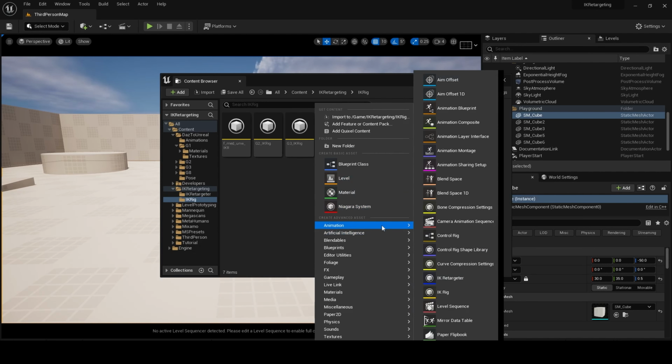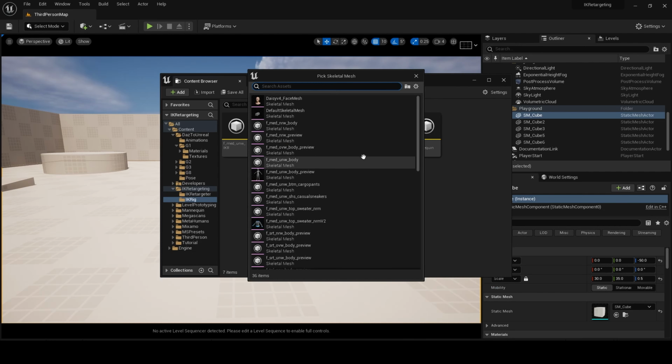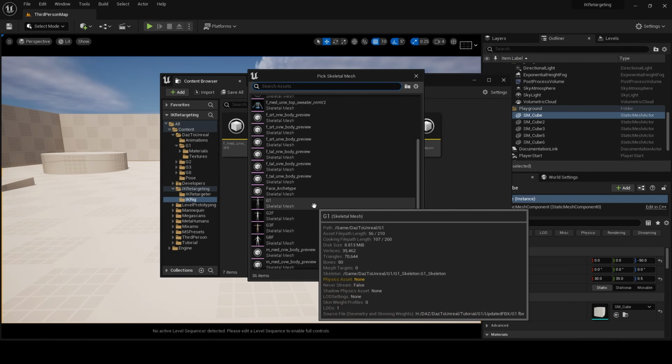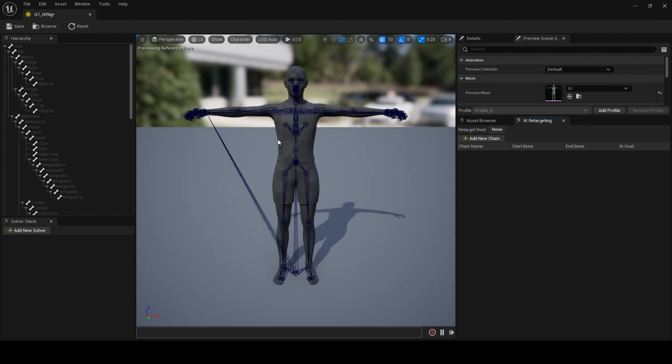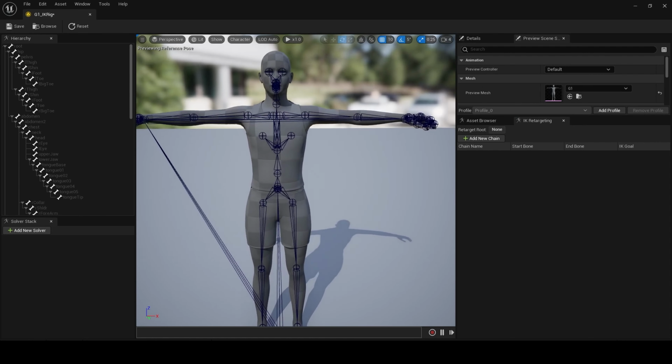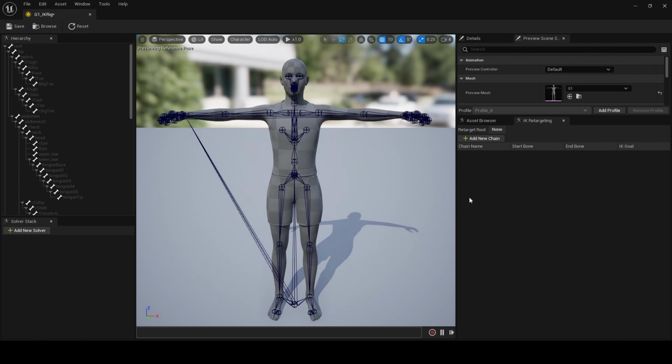So if I go to Animation, IK Rig, we want our G1 skeleton, and we will call this G1 IK Rig. Okay, if I click on that, we have our Genesis 1 character there, and we are going to create the chains of bones required for retargeting.